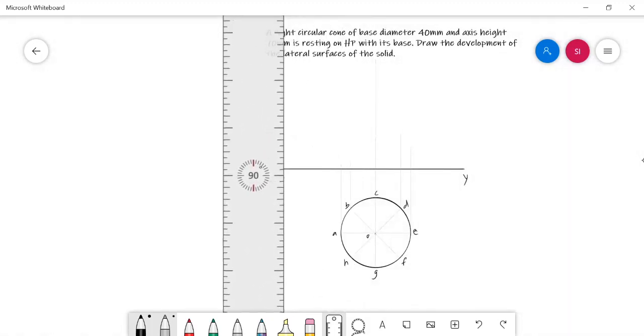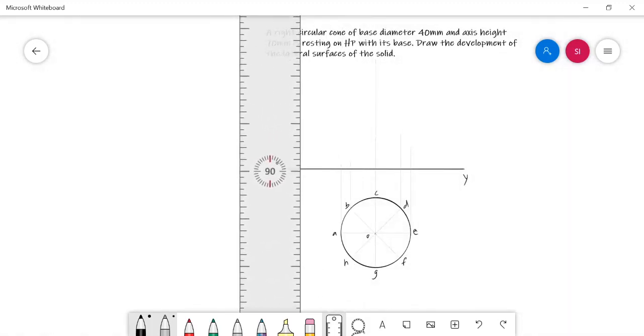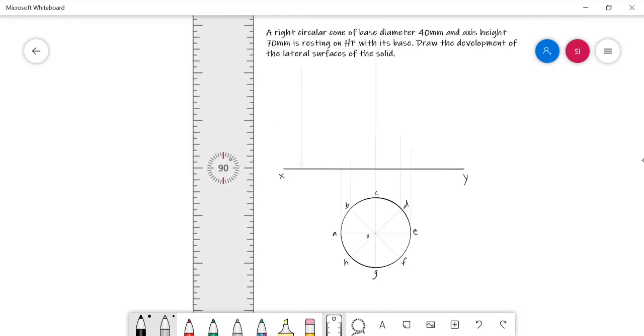The axis height given is 70 mm, and the solid's base diameter is 40 mm.